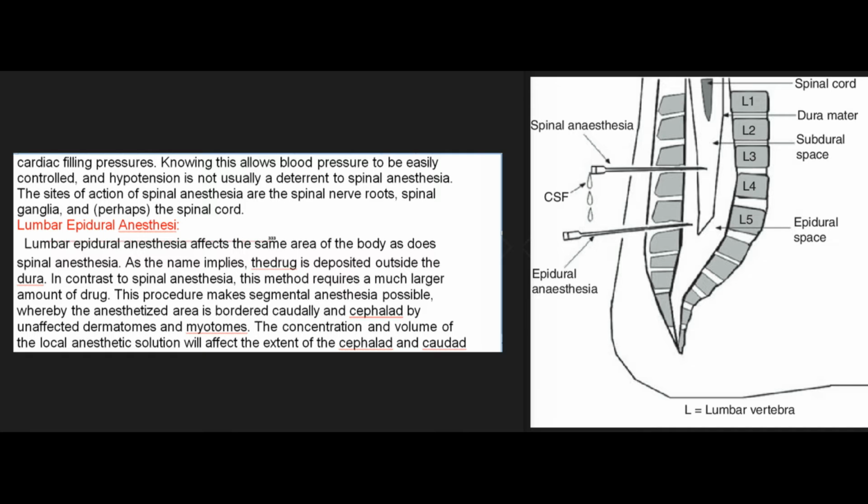Lumbar epidural anesthesia. Lumbar epidural anesthesia affects the same area of the body as does spinal anesthesia. As the name implies, the drug is deposited outside the dura. In contrast to spinal anesthesia, this method requires a much larger amount of drug. This procedure makes segmental anesthesia possible, whereby the anesthetized area is bordered caudally and cephalad by unaffected dermatomes and myotomes. The concentration and volume of the local anesthetic solution will affect the extent of the cephalad and caudad spread